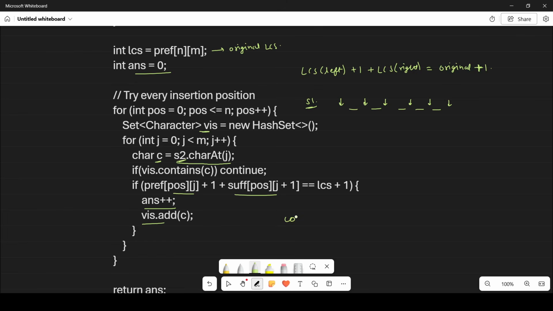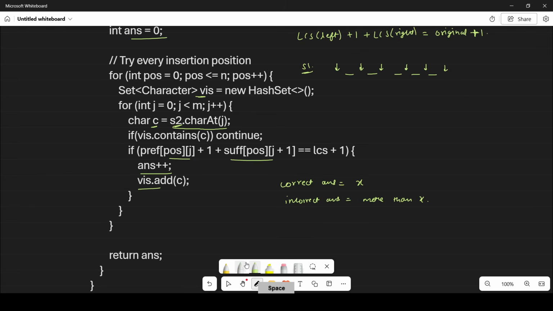So let's say the correct answer is x. If you don't use this visited type of set, your incorrect answer will be more than this correct answer, because you will count the same character placement